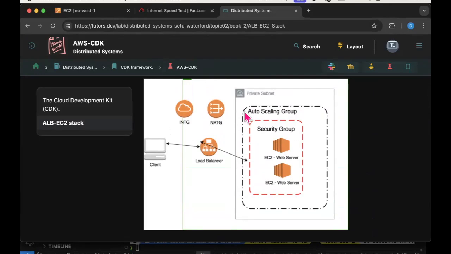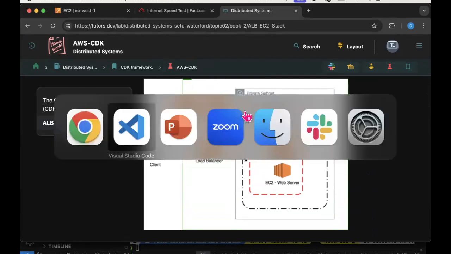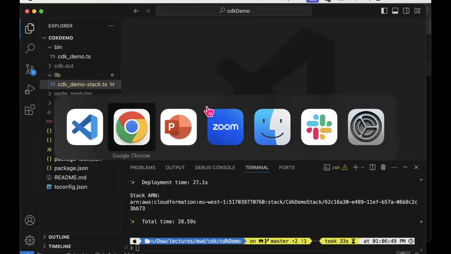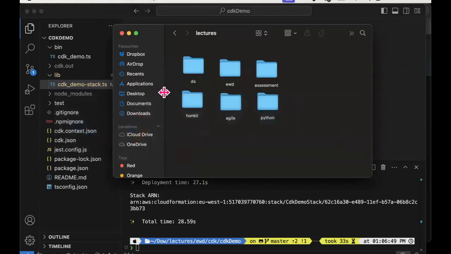Now, just for a moment, if I load that CDK project into my VS Code, I won't spend too much time explaining it, because, again, it's all based on EC2, and we're not that concerned with it.